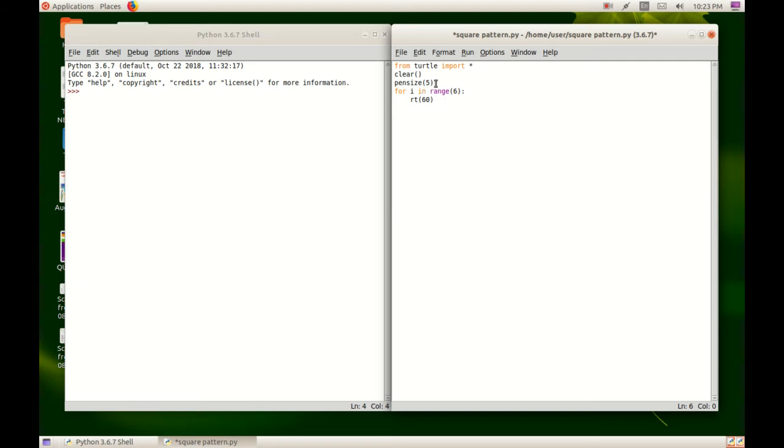Here we have to write the command color, isn't it? We have learned to write a new command, that is color. COLOR. Inside the bracket, inside the double quotes, we will write the color, comma, yellow. Double quotes close, bracket close.